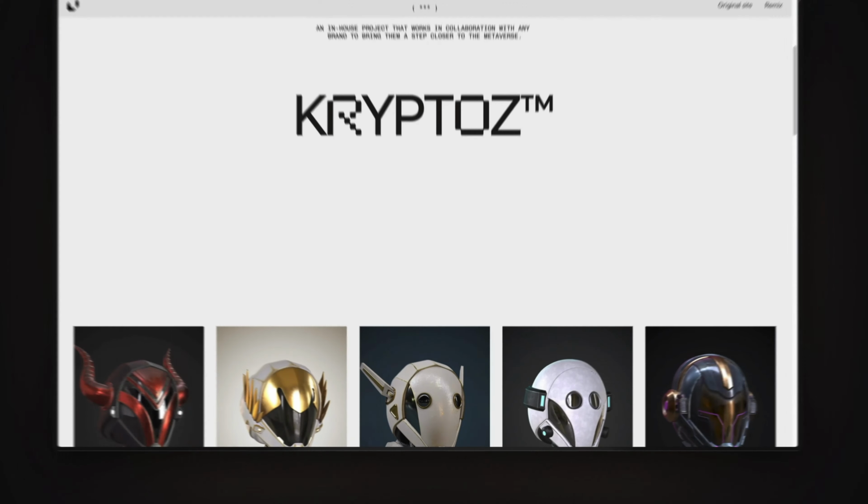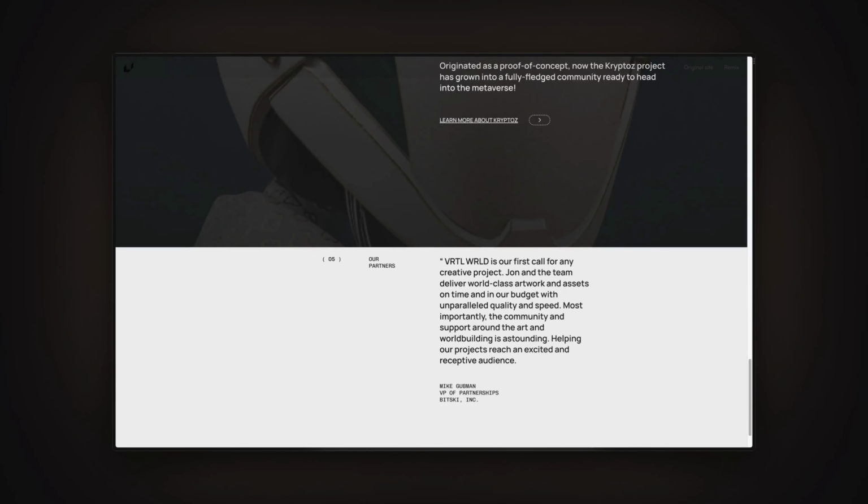In this video, you are going to learn how to recreate the amazing zoom effect from the vrtlwrld.io website in Framer. You are going to learn a bunch of super advanced stuff, so make sure to grab my free course if you haven't done that before, because maybe some of these things will be just a bit